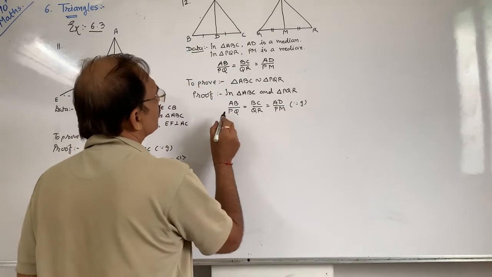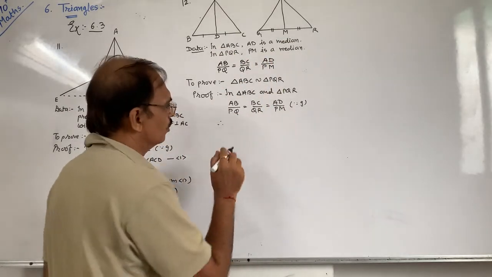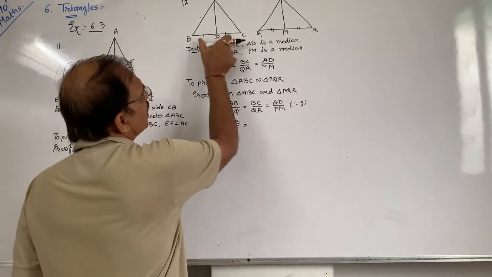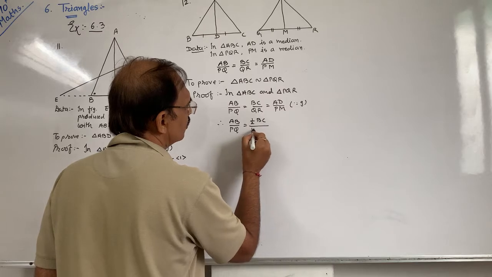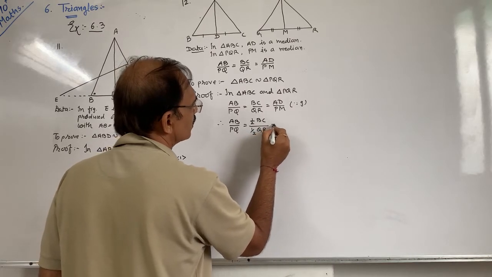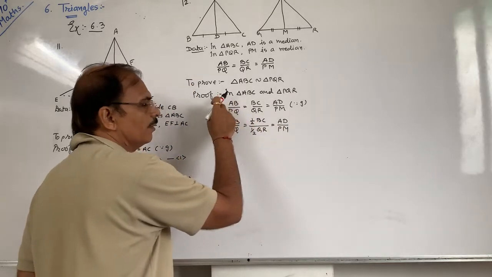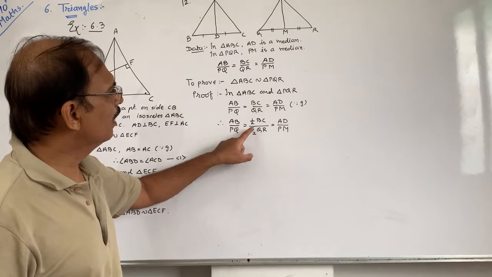Okay. Now see, D is the midpoint because AD is a median, that we know. So midpoint means half. Half means we half this BC. BC का half करो. Half BC. अगर BC का half करते हो तो QR का भी करना चाहिए. Otherwise the question will be changed. So here you can write half, cancel. The question remains as it is. Okay. So I multiplied and divided by half only in this.